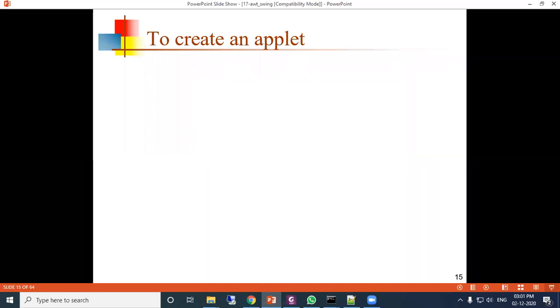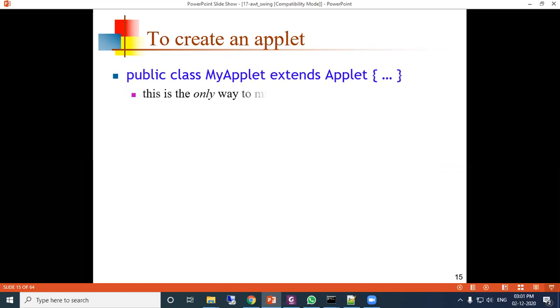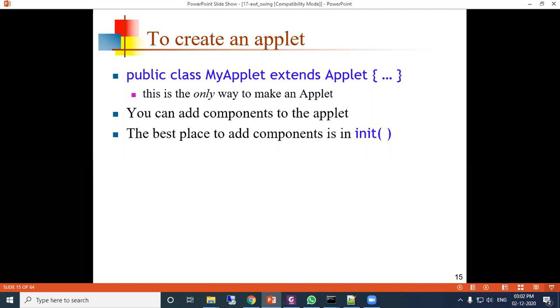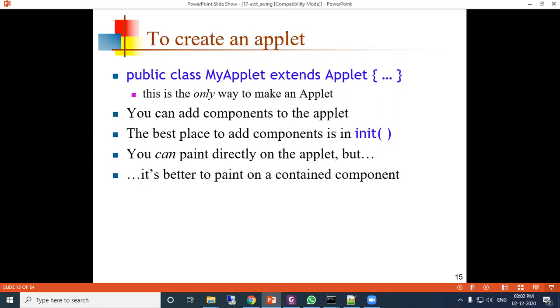How to create an object? You design a class and extend it from the Applet class. You can add components to applets. The best place to add components is init. You can paint directly on the applet, but it is better to paint on a content component. Do all painting from paint(Graphics).